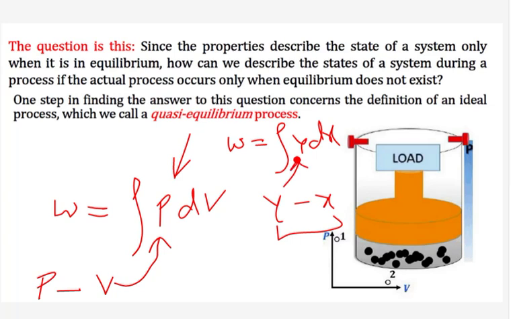I should know the relation, like, let's say y equals x. If I know y equals x, I can put it here and I can integrate. That means I can plot y equals x only if I know the different state points here, and then I can join them. I will know the graph, and then I can put it in our work done equation.